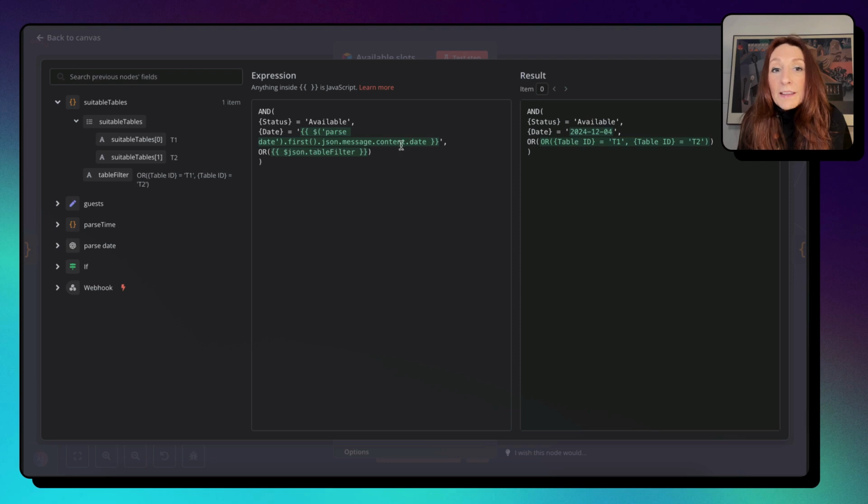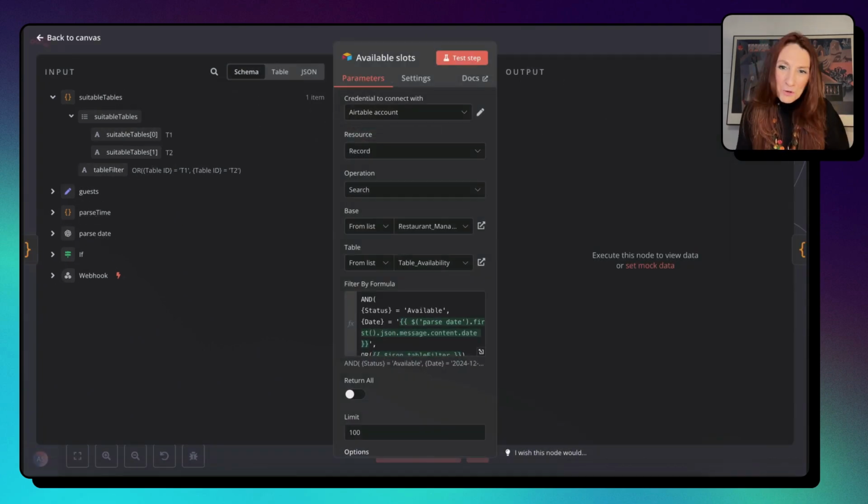The date, we take it from a previous node, so we drag and drop it from the parse date node, okay? And here we get the filter, the table filter here, okay? So by the way, this is a run from another day. It's not the one that I just did before, but you get how it works. So if we test this step,